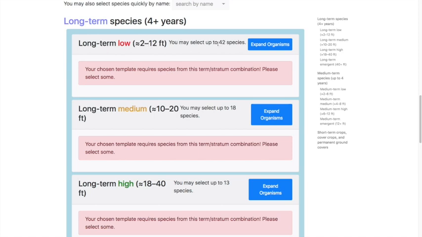Again, you also have the total number count available for that particular time period and stratum. So here you're prompted to select some, and we're going to go through this one term stratum at a time.